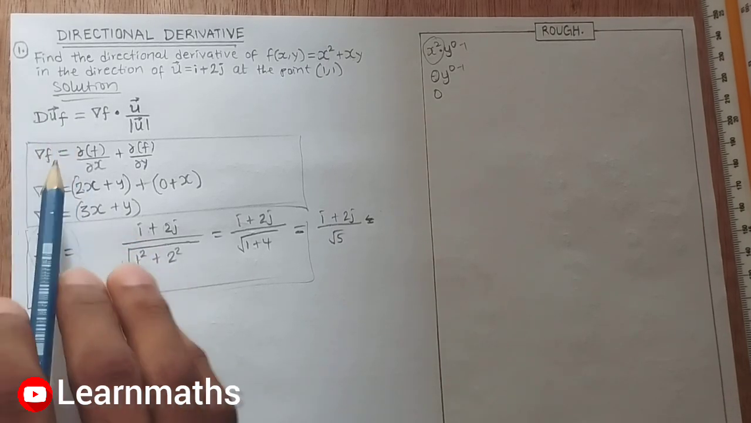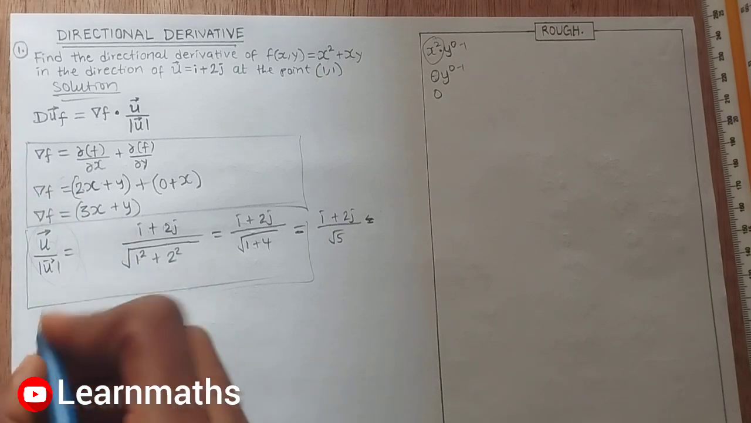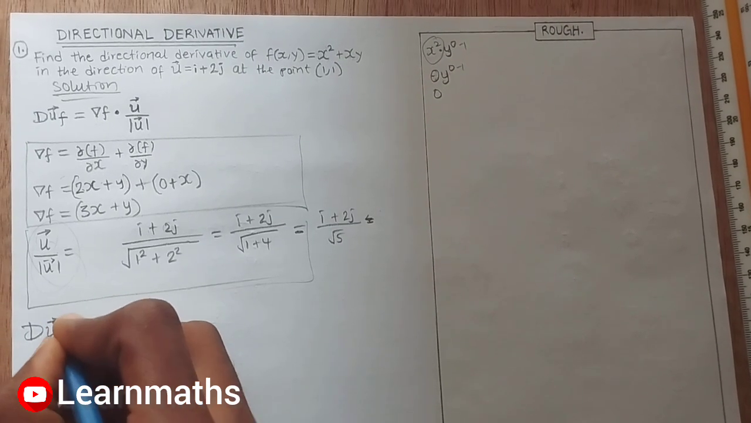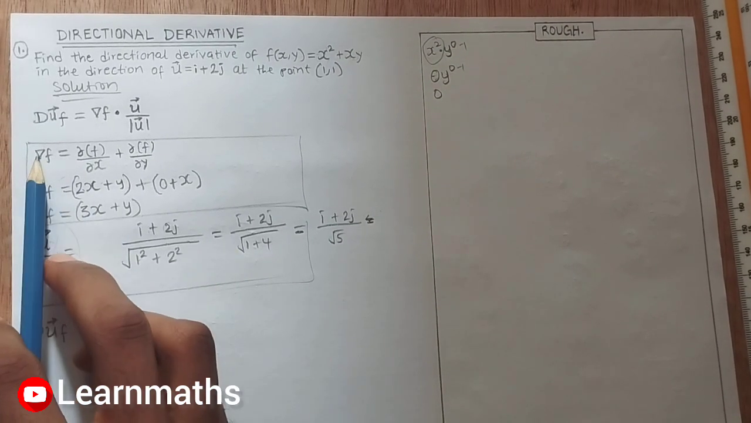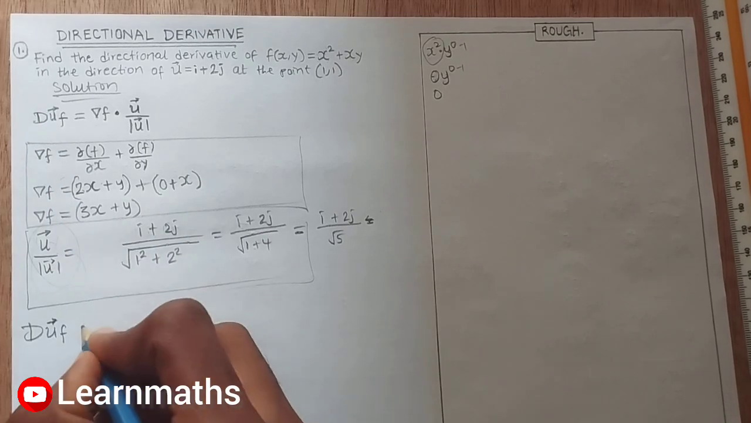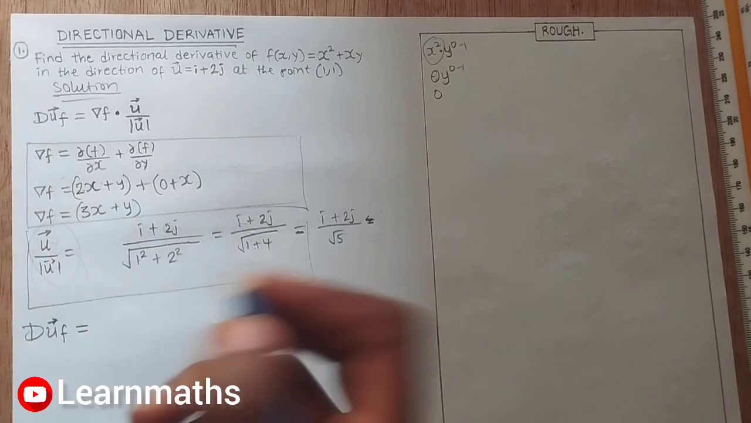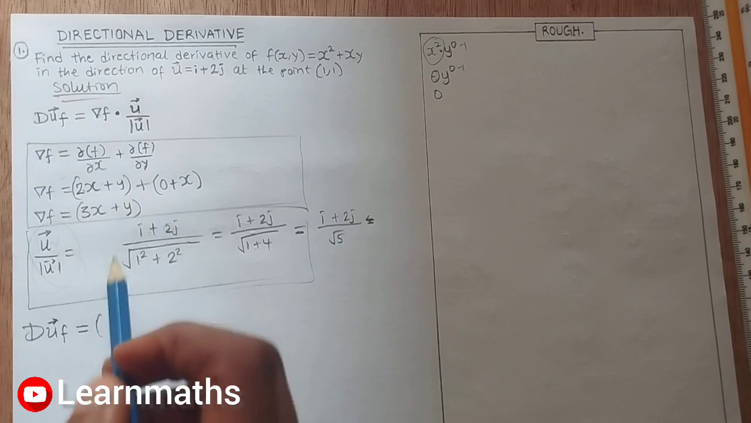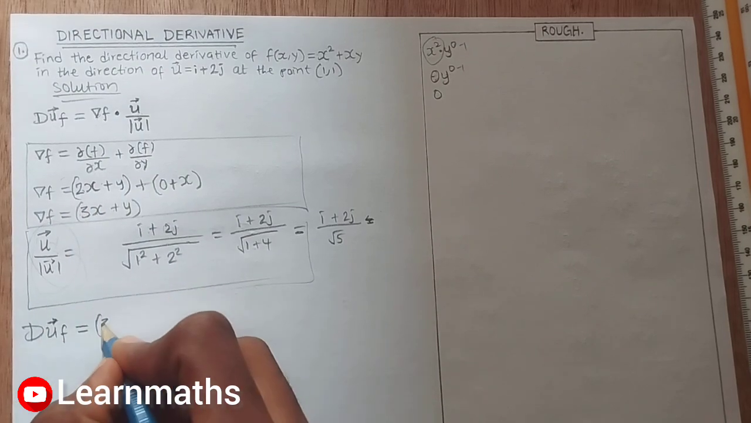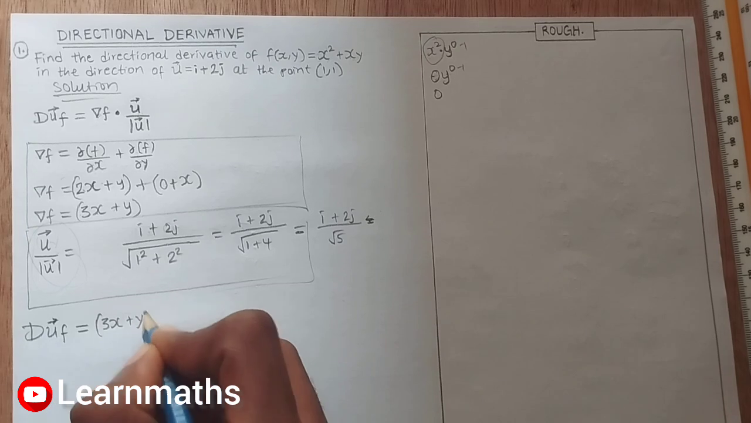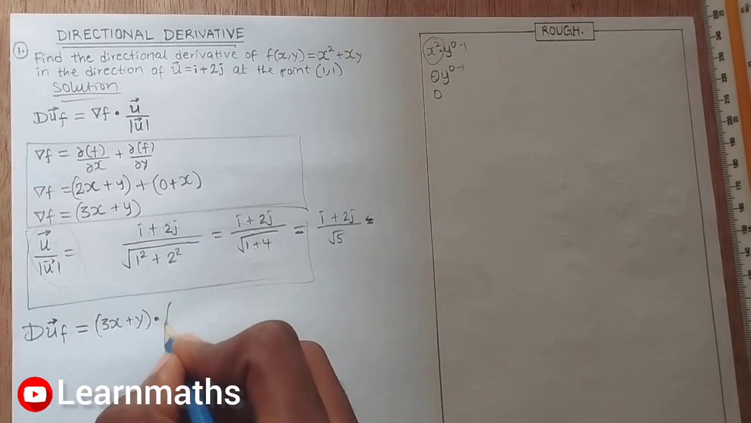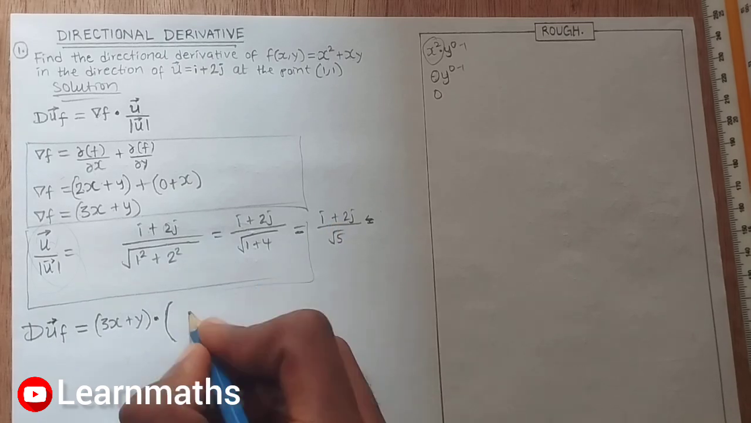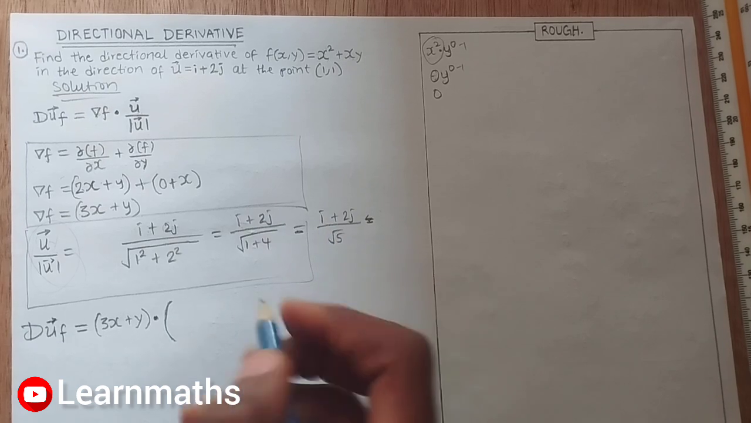We've also found the, what's this called? We found the unit vector, we found the gradient of the function. So we're going to find the scalar product, or the dot product, of both of them, right? This first one here is 3x plus y, 3x plus y, multiplied by,